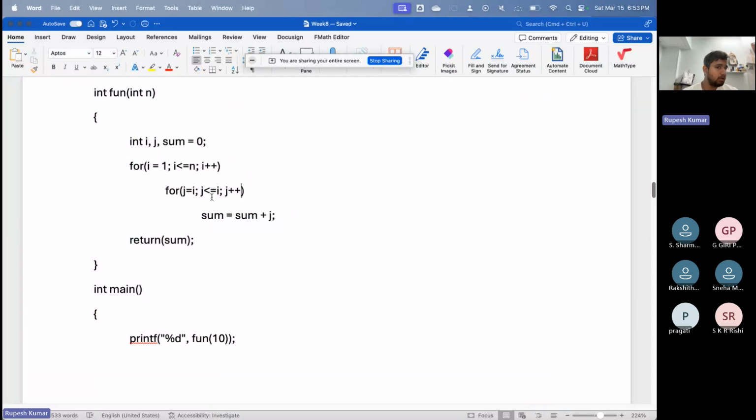For i equals 1, i is less than n, i plus plus. So this for loop runs from 1 to n. The n is the argument that is input. And then what is the scope of this for loop? The scope of this for loop will be the